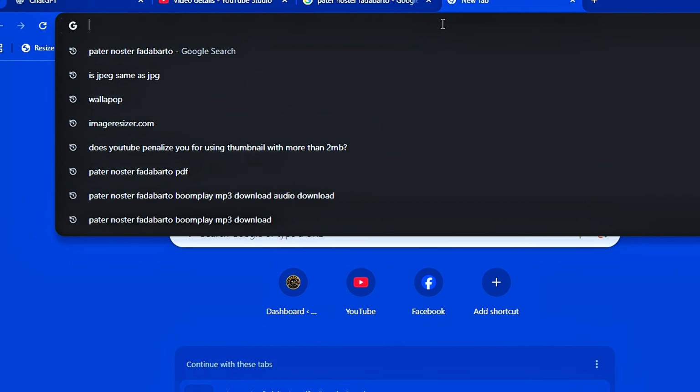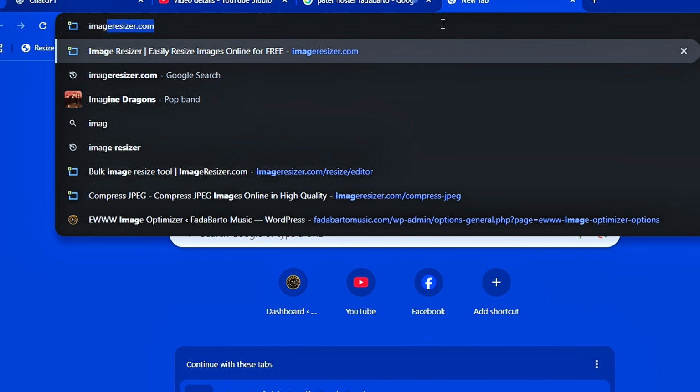Generally, YouTube doesn't accept thumbnails that are more than 2 MB when you are uploading using your desktop, that is in the desktop mode of YouTube. There are two ways of solving this problem. What we can do to reduce this is simply to go to image